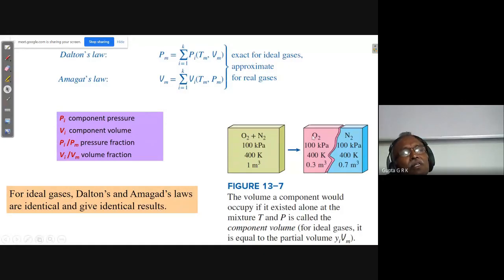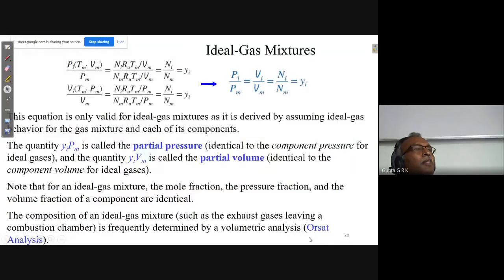Here, if I have oxygen and nitrogen at the same 100 kilopascal and 400 Kelvin, where one occupies 0.3 meter cube and the other occupies 0.7 meter cube, and I combine them at the same pressure and temperature, the total volume will be 1 meter cube. The volume a component would occupy if it existed alone at the mixture pressure and temperature is called the component volume. For ideal gases, it is equal to the partial volume. We will see this here. So Pi by Pm, if I take